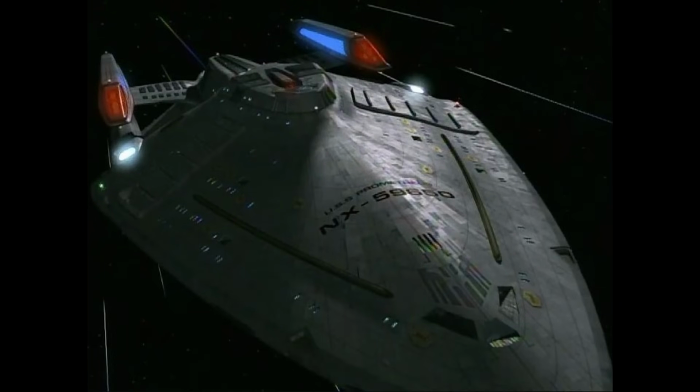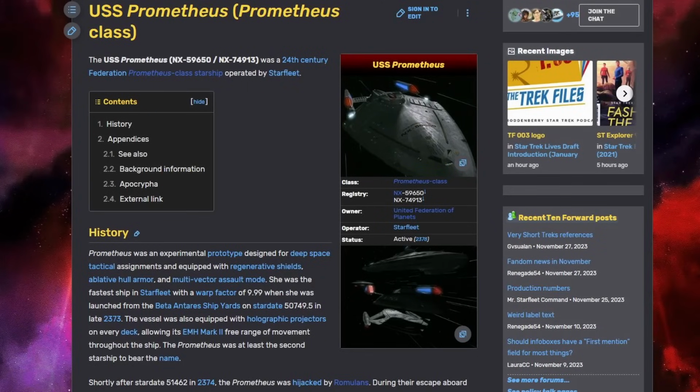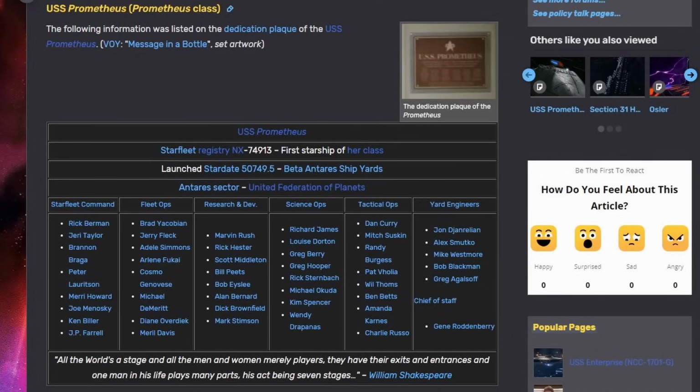Now, let's talk about one weird inconsistency that I've actually developed some headcanon for. The Prometheus, first featured in the Voyager episode Message in a Bottle. This was an advanced prototype designed for long-range tactical missions, which we weirdly never saw fight the Dominion in Deep Space Nine. But something about the Prometheus that not everyone knows is that this thing actually has 2 registry numbers. The one you see printed on the hull is NX 59650, however, the one printed on the Prometheus' dedication plaque